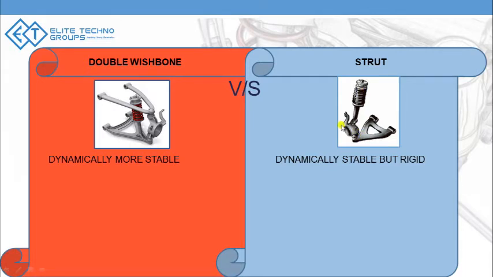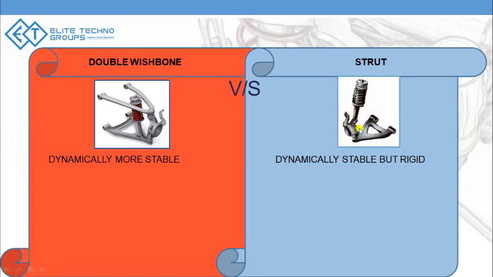Now that you've understood what camber gain is, it's easier to understand with this video. For a double wishbone suspension, when the body transfers the load, it pushes the upper arm, and that upper arm pushes the wheel, which results in a camber gain. But in the case of the strut suspension, when the body transfers the load, it gets really difficult for the damper system to push the knuckle, because its first response would be compression instead of pushing the knuckle and getting a camber gain. So that's the reason why it's rigid and very difficult to get the camber gain.